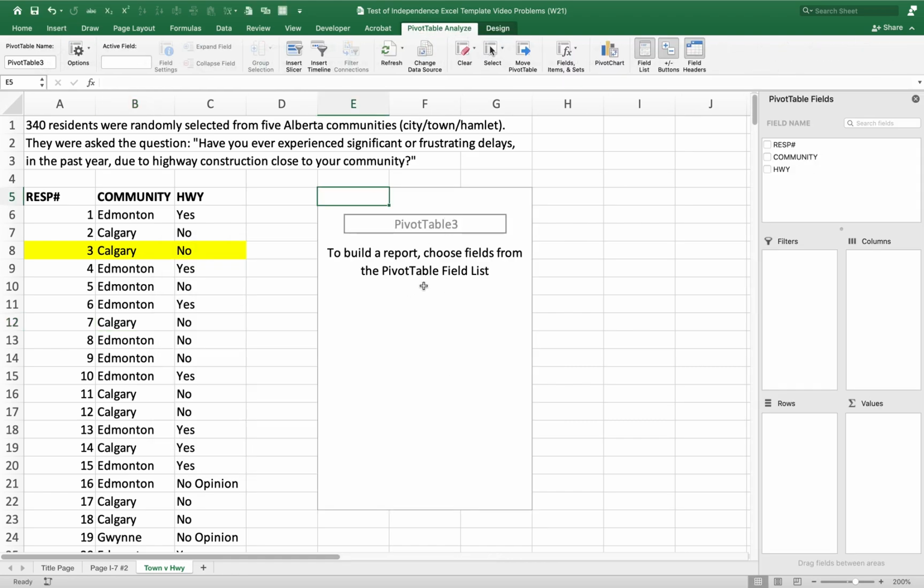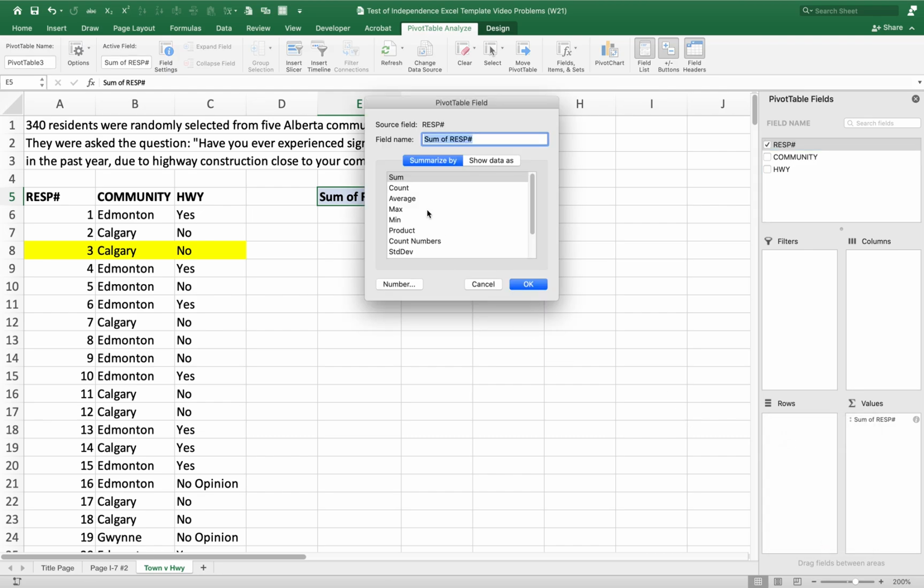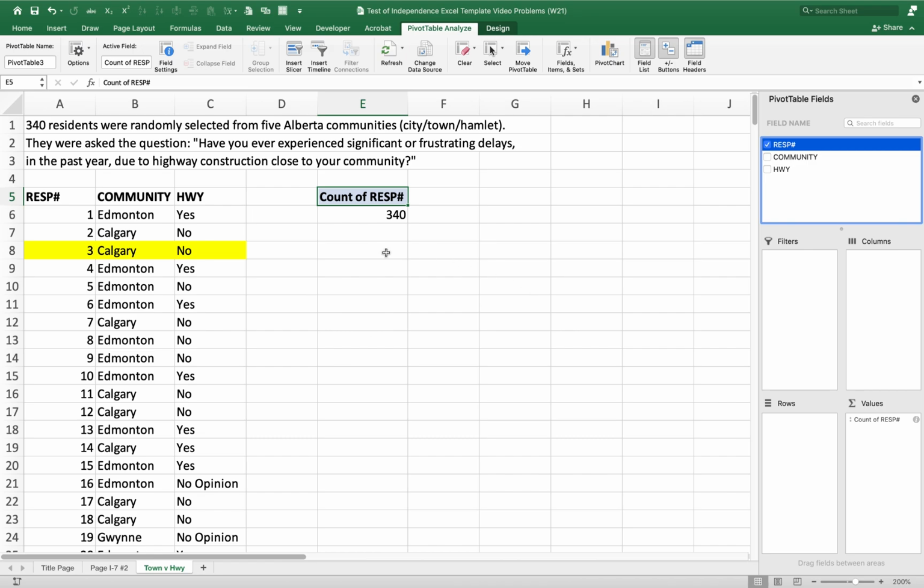And there's my empty pivot table. I'm going to choose my respondent. Click on that. Right click down here at the bottom where it says Sum of Respondents, and I'm going to choose the field settings and change that to count. So I've got 340. And then I'll take my community and click and drag that down here to the rows,